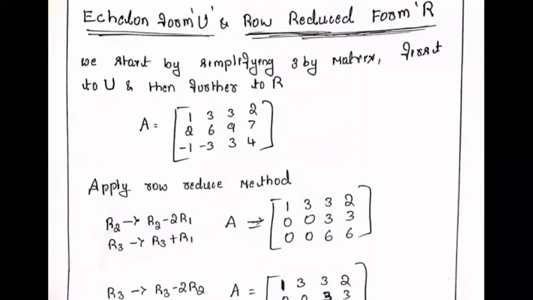Next concept is this, and it's very important: echelon form and row reduced form. You may get a question for 10 marks in this. So, echelon form,